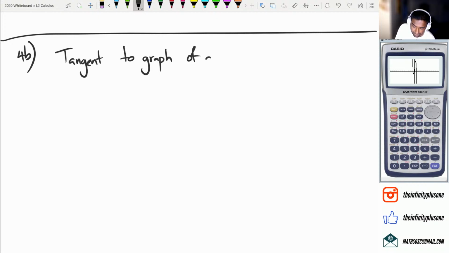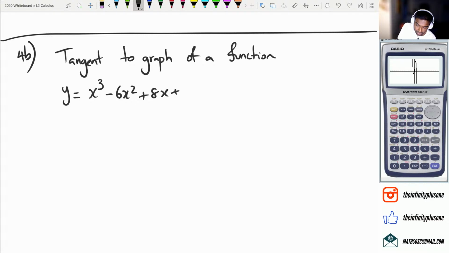Tangent to graph of a function y equals x cubed minus 6x squared plus 8x plus 2 has a gradient